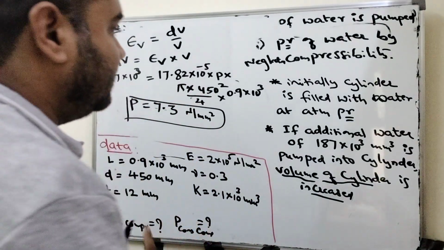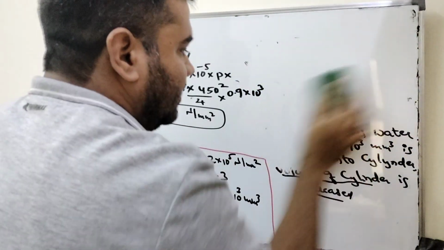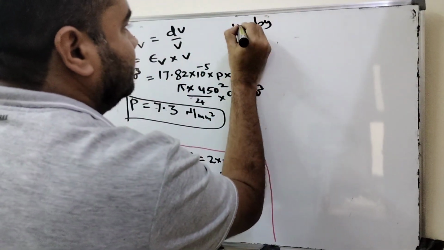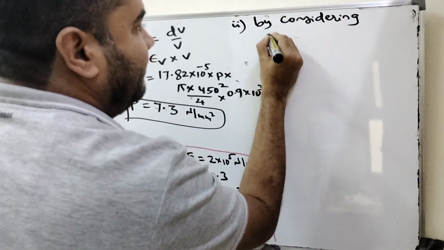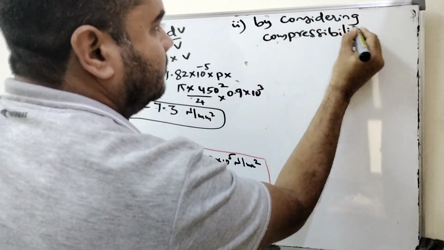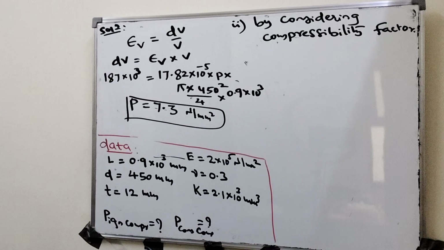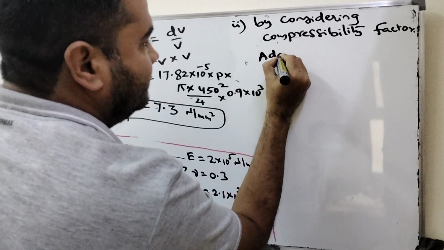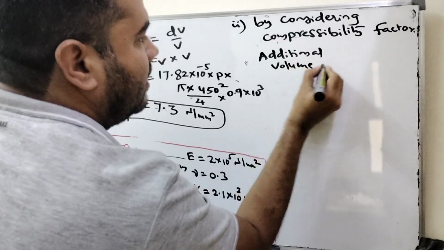Okay, now come to considering the compressibility factor. Okay, second one, by considering compressibility factor, you have additional volume of water supplied, additional volume of water supply